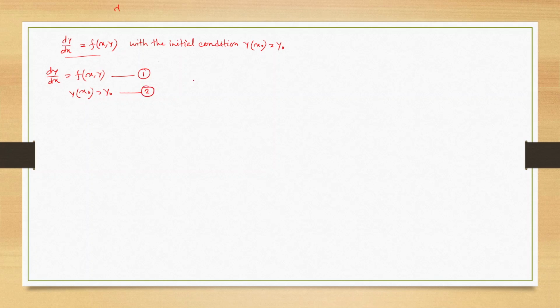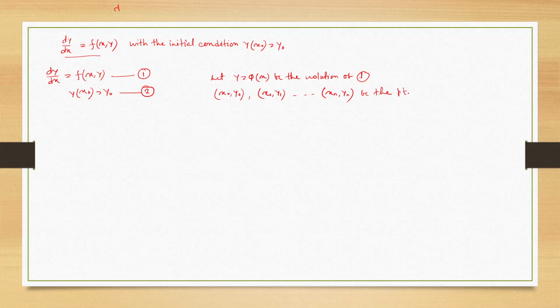So now let y = phi(x) be the solution of number 1, and also let (x0, y0), (x1, y1), and also (xn, yn) be the points on the curve